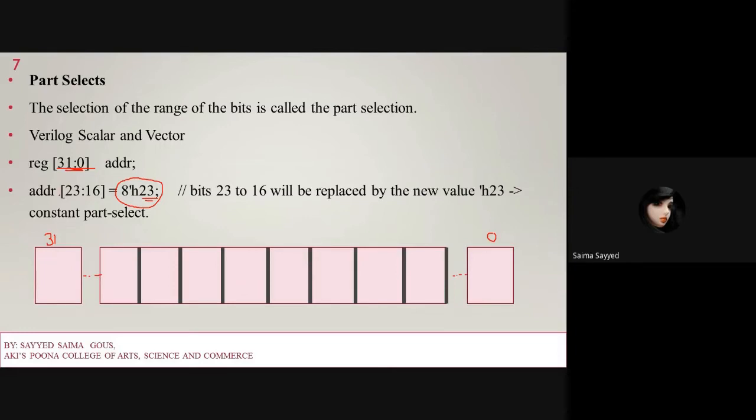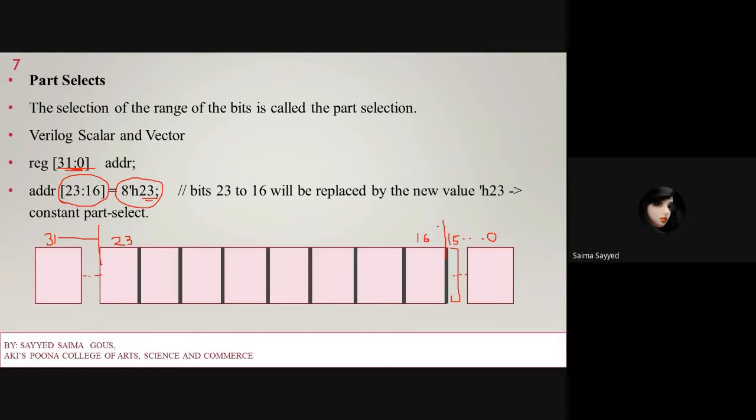Now I have to select from 16 to 23. Suppose this is my bit 16 and this is my bit 23. So I have selected this particular part, with one block from 0 to 15, and after 23, the block from 24 to 31.